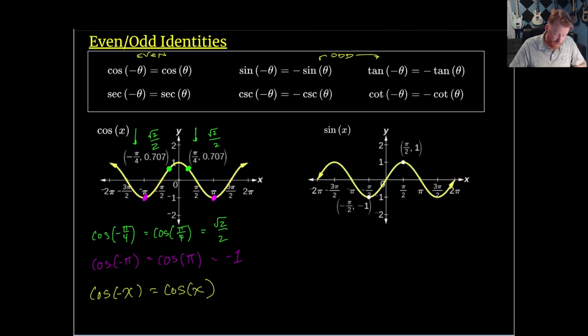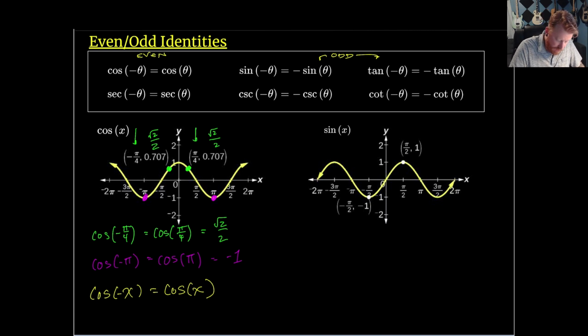So there we go. We can see that the cosine is even, its reciprocal function, secant, must also be even. So what we'll see going forward is that if we have a negative argument, we can essentially ignore it and turn it into the positive version if that makes things easier for us. And same thing for secant, that we can think about just using the positive version, and that will make things easier. Right, next we will take a look at the sine function, and we'll show that it is odd here